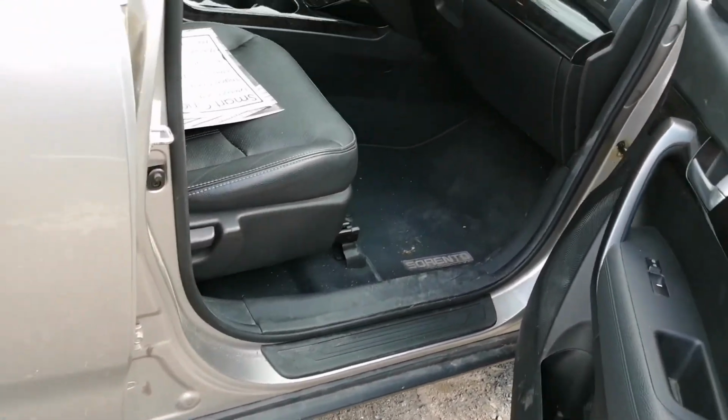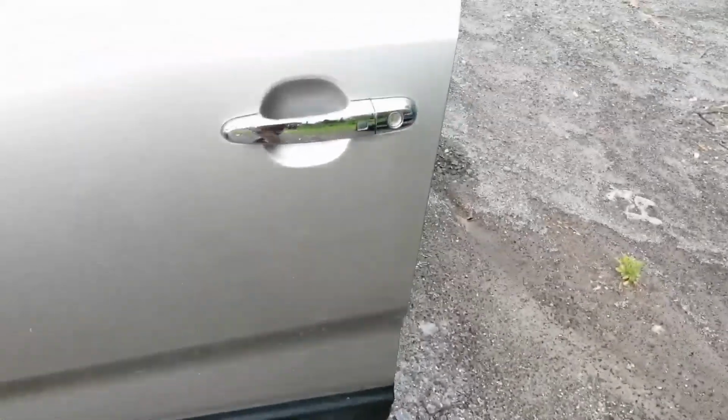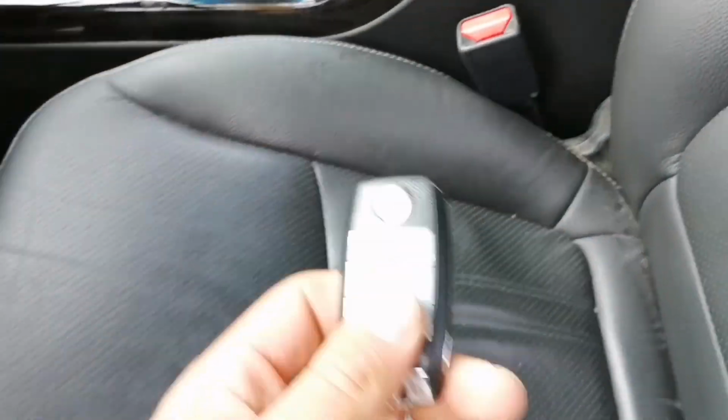Under the passenger seat in the Sorento, you can find a third place to check the VIN. Make sure it matches all the others. Now in this case, I'm pretty confident that this car is not stolen nor cloned. Next thing you can do,